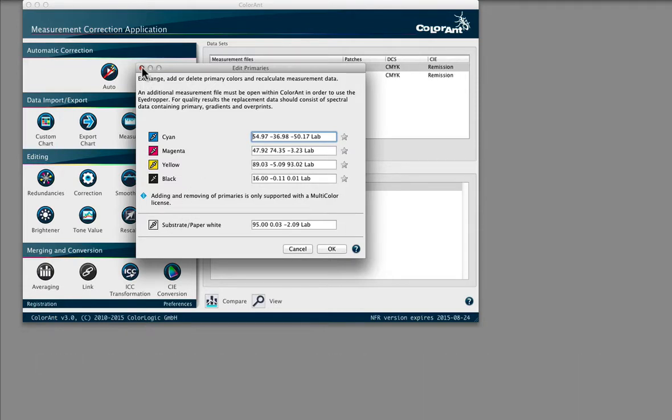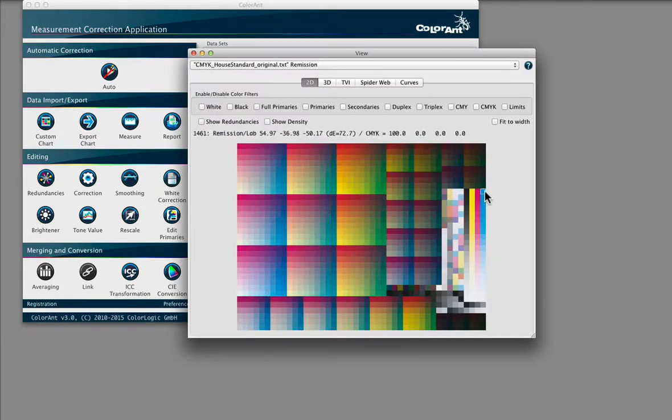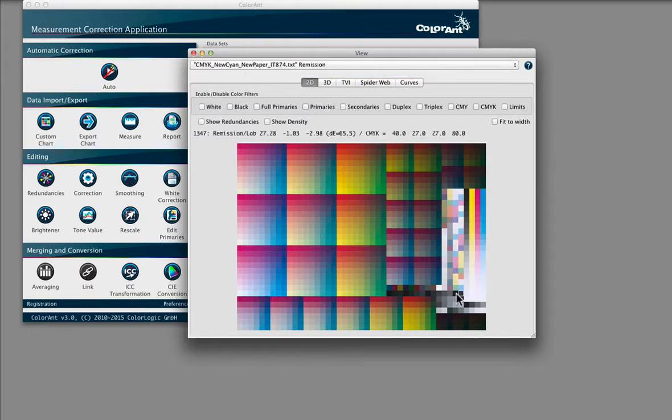In our example, there is an existing characterization set and output file for the printer. Over time, there may be slight differences in the proof versus the print. This may be due to variances in the cyan ink, due to manufacturing, or possibly a different ink brand. The paper having a different white point due to more optical brightener, or in the simplest terms, the proof doesn't